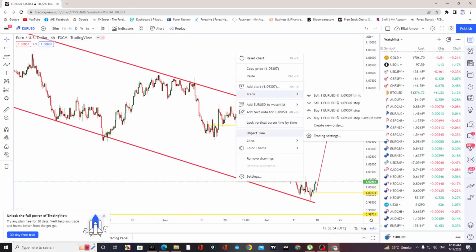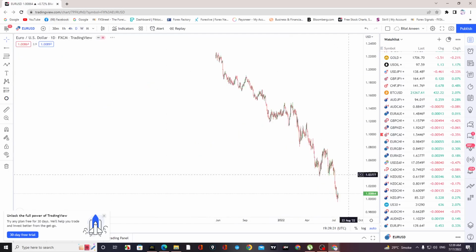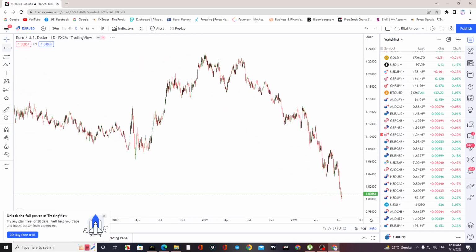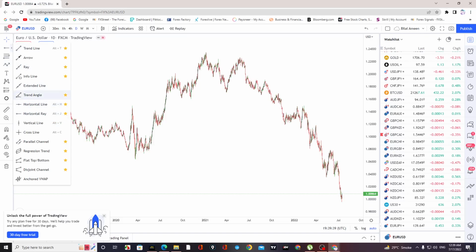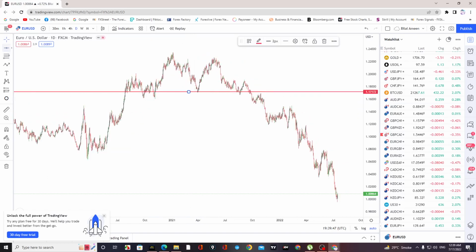Here we will remove our previous drawing. First we will check the graph in a bigger time frame, day 1. Now we will draw our supports and resistance. As we can see here, this is our strong support at this level, and this is our resistance,